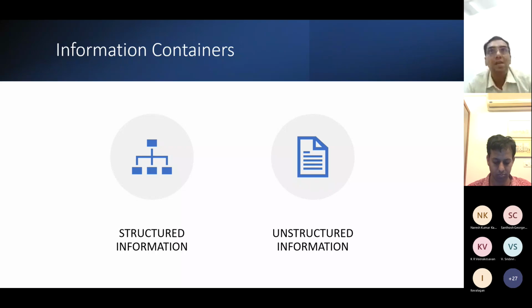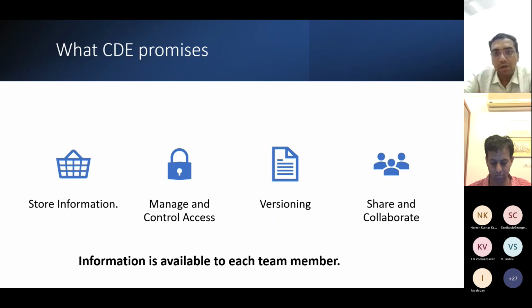You can have your models, your schedules, and other kinds of things which have a context and structure to them, or it could be plain PDF drawings, documents, project contractual documents, all those documents which are digitized and which will flow through this solution or workflow in order to have that one version of truth floating around. So in the end, what does it promise?